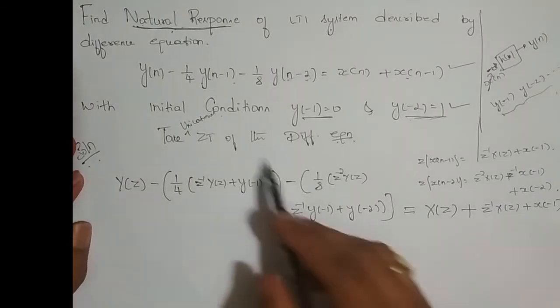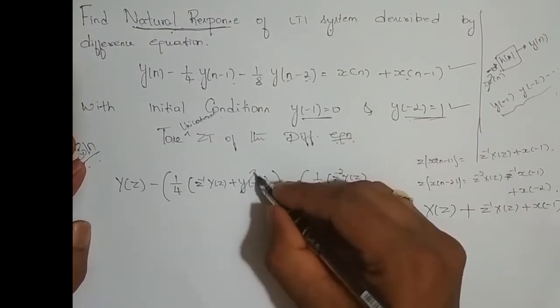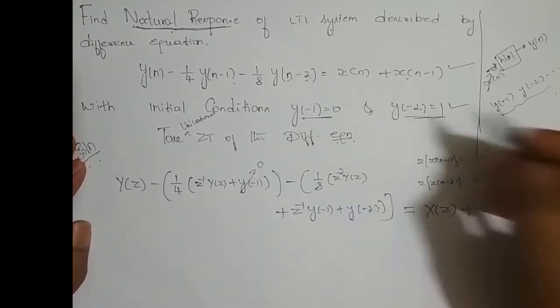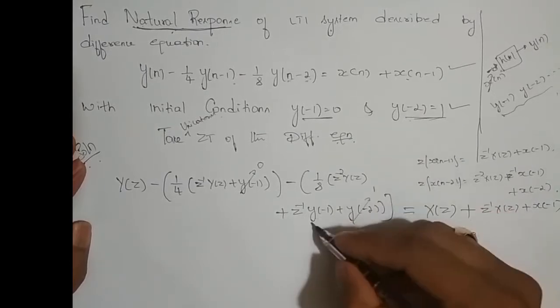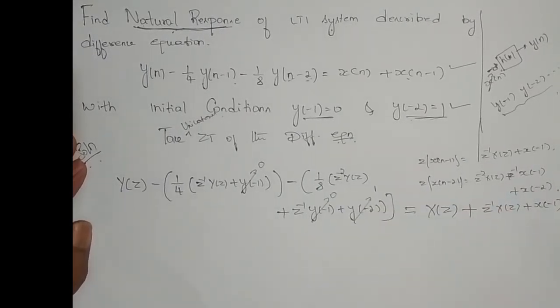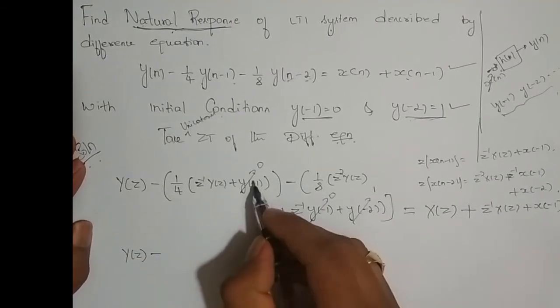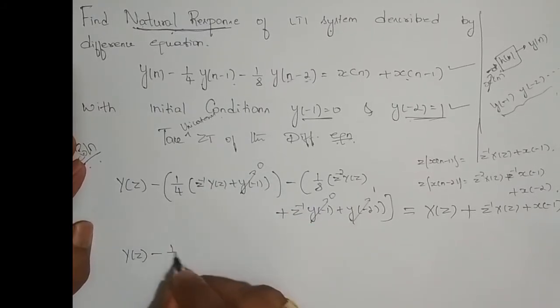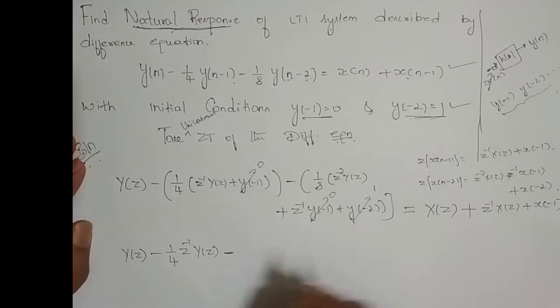Now we shall plug in the initial conditions here. What is the value of y of -1? This is 0. And what is the value of y of -2? y of -2 is 1. Now what I end up with here is y of z minus 1 by 4 into z power -1 y of z,